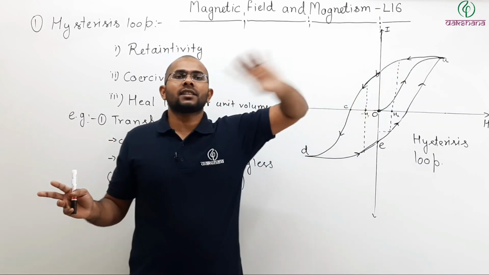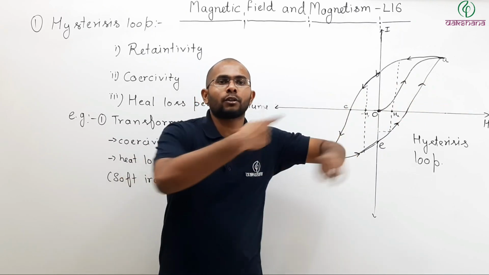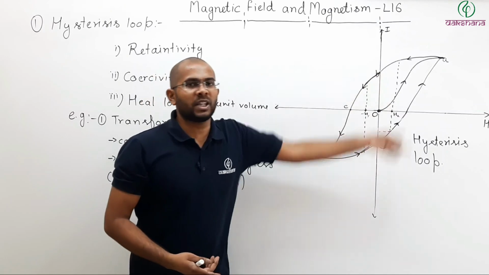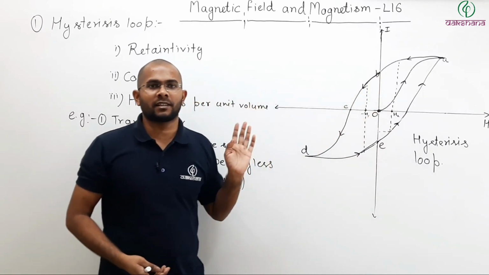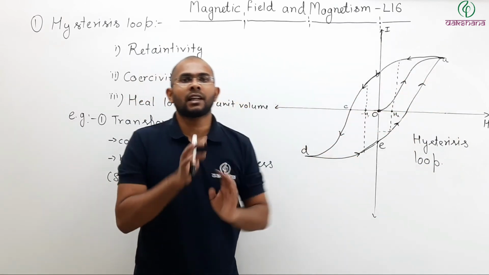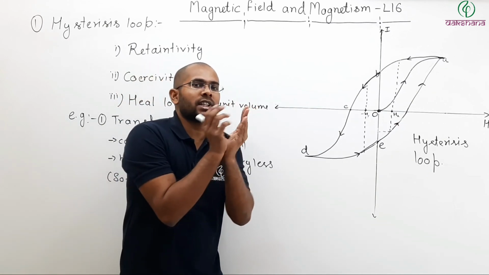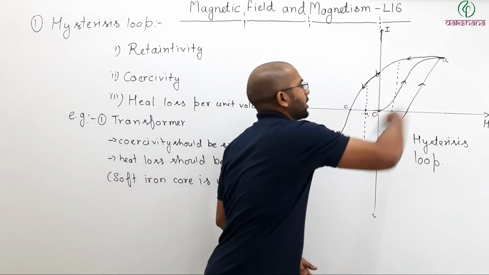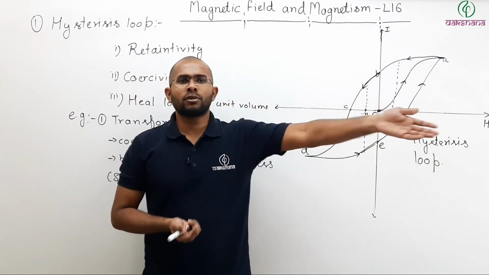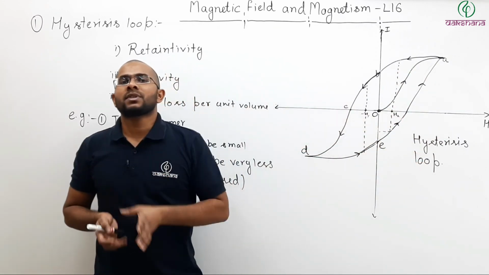In making a permanent magnet like a bar magnet, coercivity should be very large. There heat loss is not that important. Why? Because once you make a permanent magnet, you are not going to repeat this cycle very much. In a transformer, this cycle repeats very frequently, 50 times in 1 second, so there heat loss is important. But while making a permanent magnet, heat loss is relatively less important, because we are not going to repeat this cycle very much. Once I make the permanent magnet, I will remove it and use it for whatever purpose I intend. So in that case, coercivity becomes important.